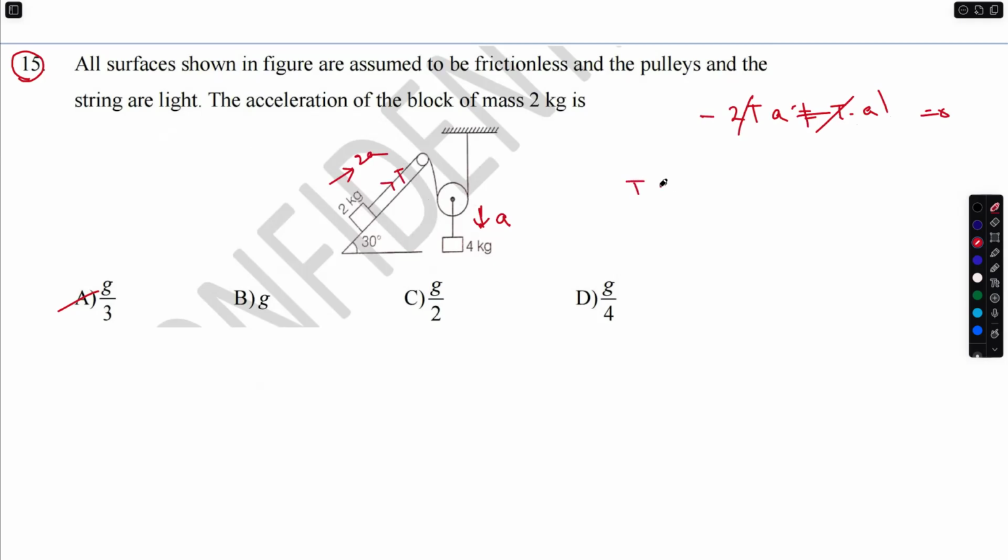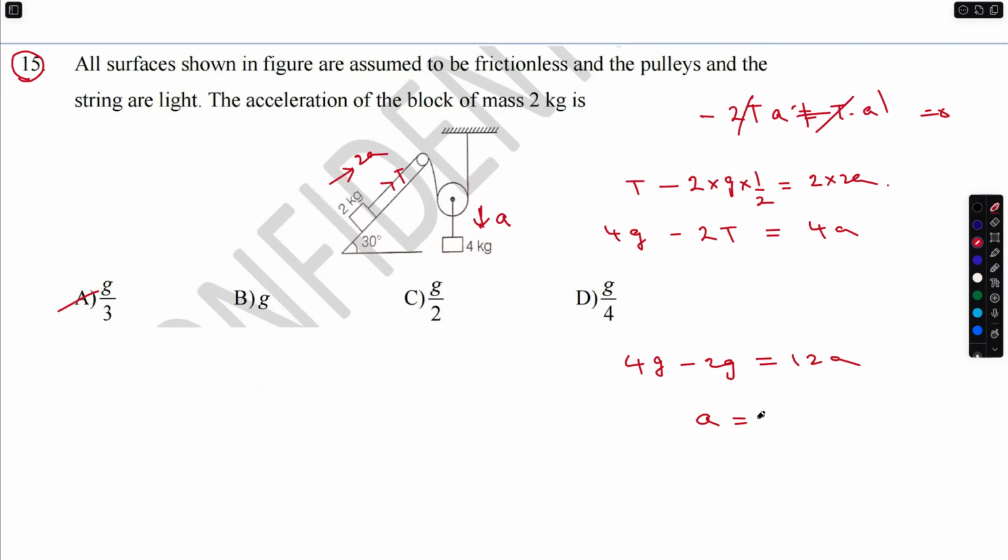Now then, T minus 2 into G into sin 30 is 2 into 2A. Whereas in this case, 4G minus 2T is 4A. So multiply the first equation by 2 and take the sum. In that case, 4G minus 2G is already 4 into 2, 8, 8 plus 4, 12A. So acceleration is 2G by 12